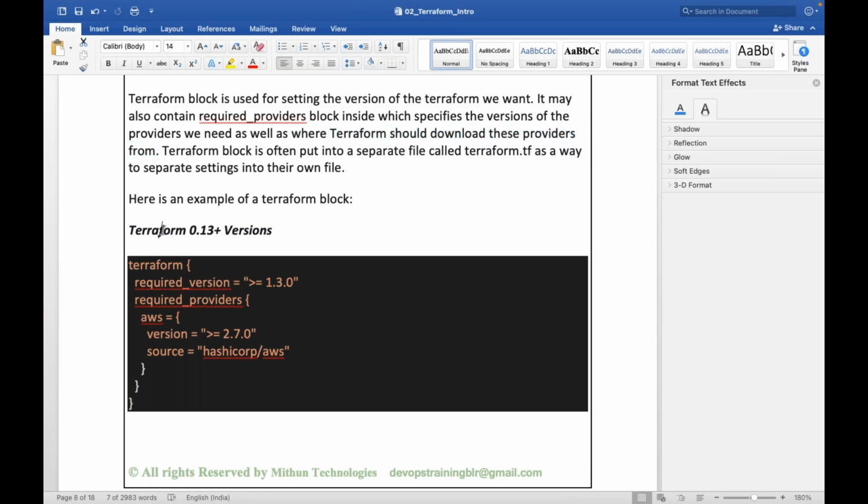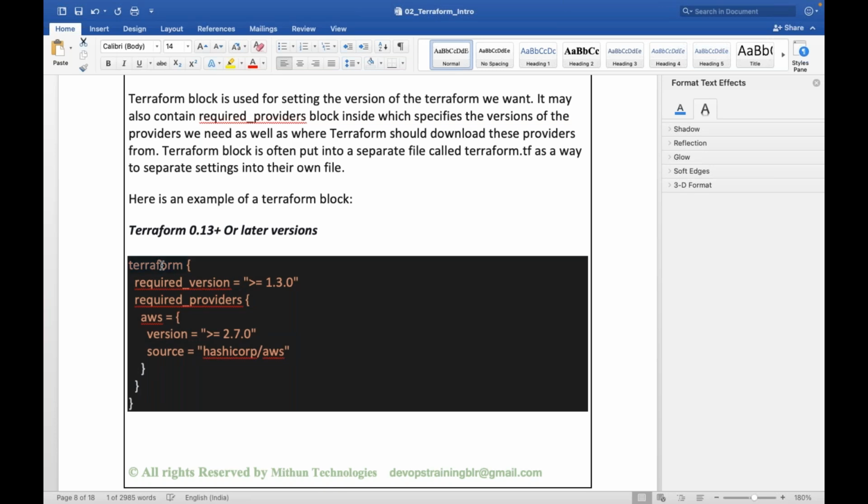So here is an example of the Terraform block. If you are using Terraform 0.13 and later versions, this is how you are going to define the Terraform block.